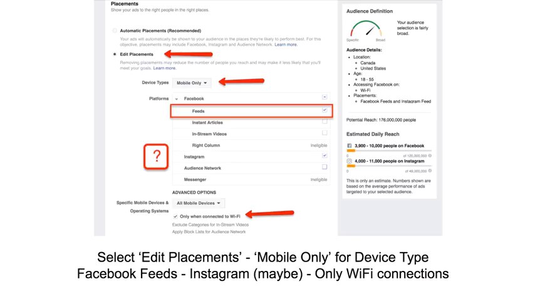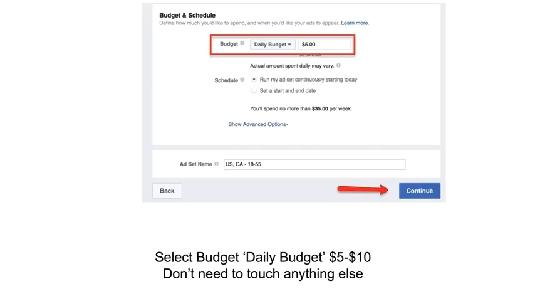Then at the bottom, it's going to say all mobile devices, and you want to click on only when connected to Wi-Fi. The reason is if someone is connected to Wi-Fi, most likely they're in a stable location. If they're not connected to Wi-Fi, they could be using their regular phone data, which means they're out and about, and it's just going to affect the performance of your video ad. So just make sure you leave all that selected the way it is,